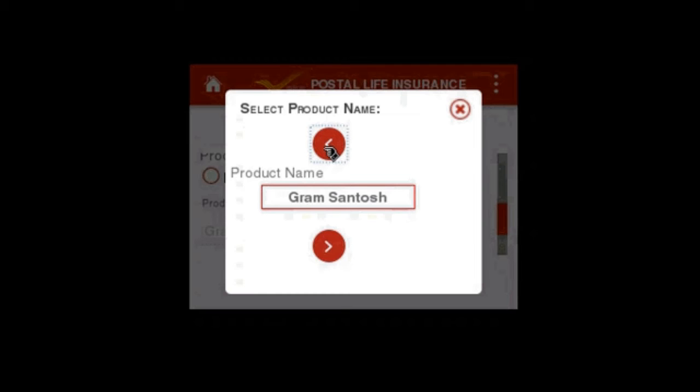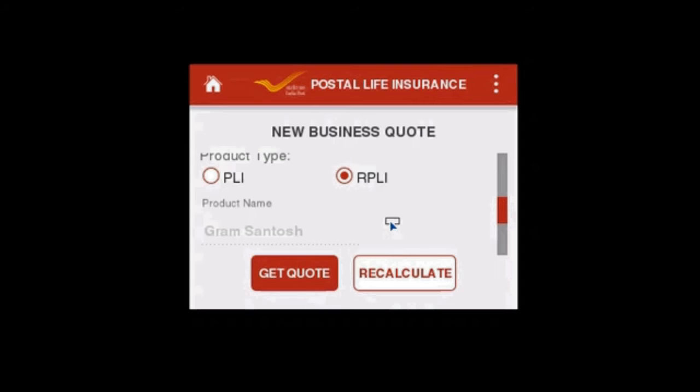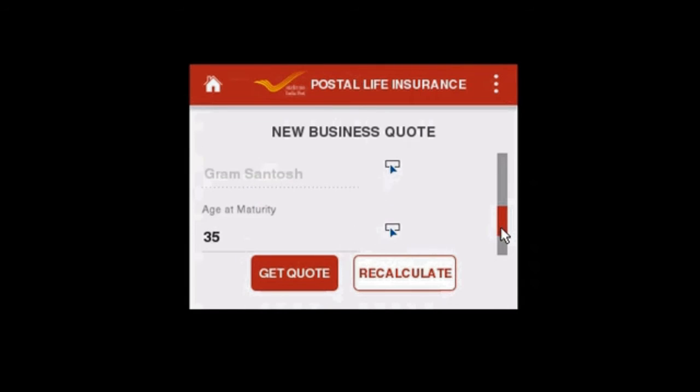If anything else is required, that can be selected through this arrow key: Gram Priya, Gram Suvidha, Gram Santosh. Let's take Gram Santosh for example. See, Gram Santosh has reflected.